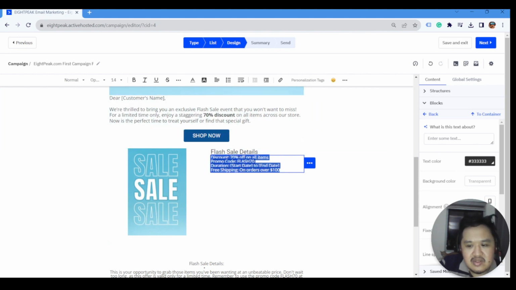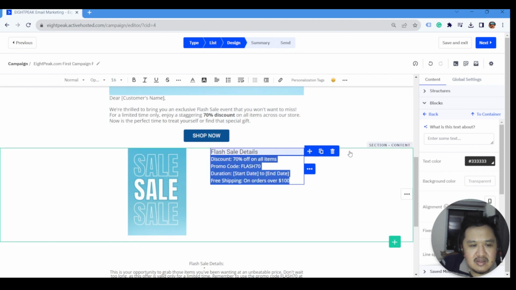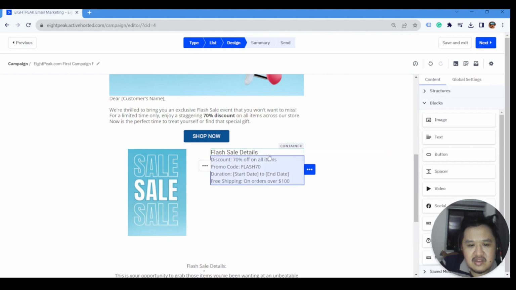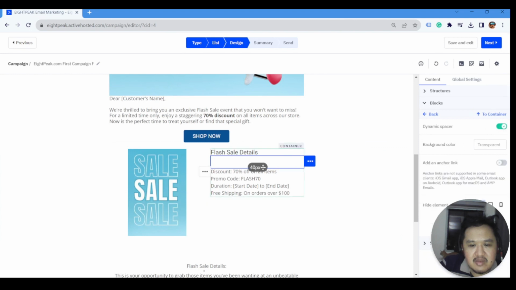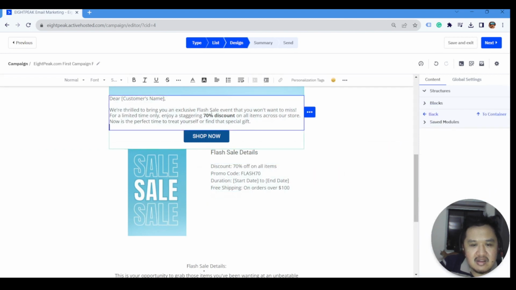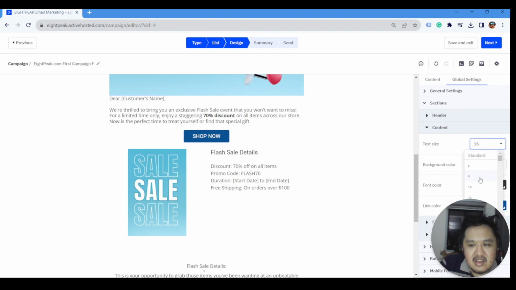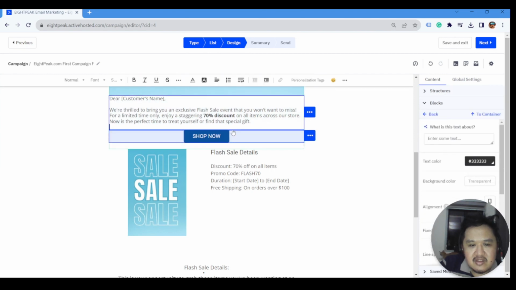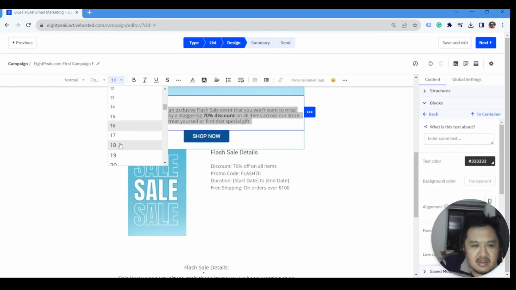So you can always design the, let's say 16. You know what? Let's change the global setting to be 16 so that we don't have to change it every time. And let's go back here. And let's say I wanted space here. So let's make it dynamic like that. You know what? Let's say 18. So it's kind of a little bigger. So I need to adjust it from here because I already defined it differently. So let's make it 18